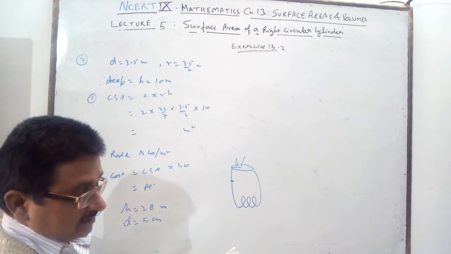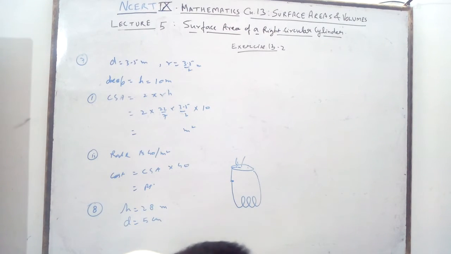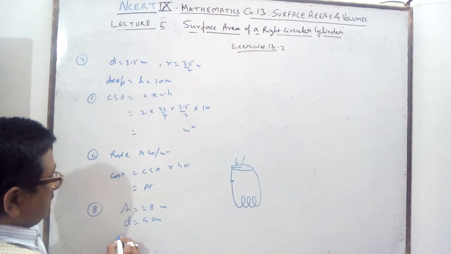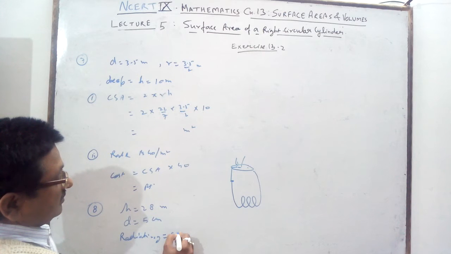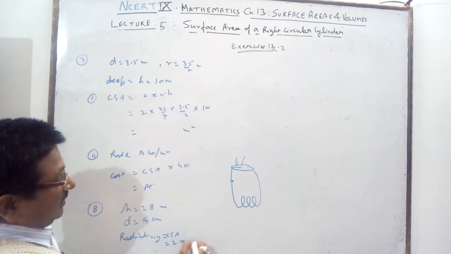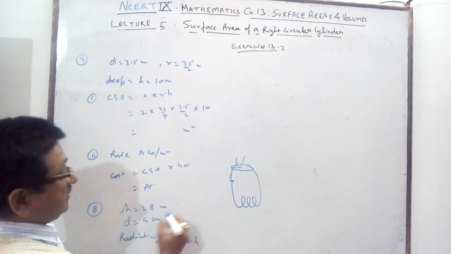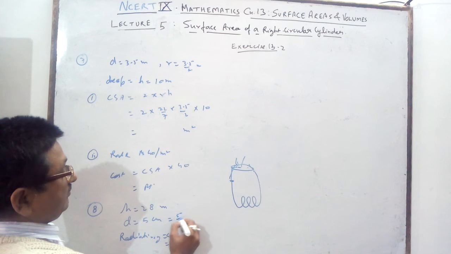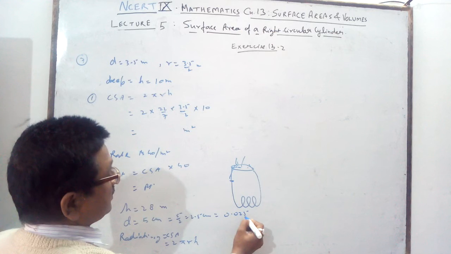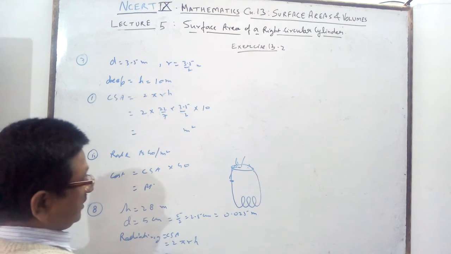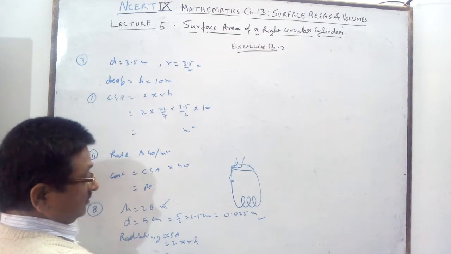And your question is, find the total radiating surface. Radiating means the CSA, which you want to find out, 2 pi r h. This part will not radiate, it is connected with the plug. Only this part is radiating. So 28 meter, and the radius is 5 by 2, that is 2.5 centimeter. Convert, that is 0.025 meter. You will put in the values and get the radiating surface in meter square, because everything is in meter.